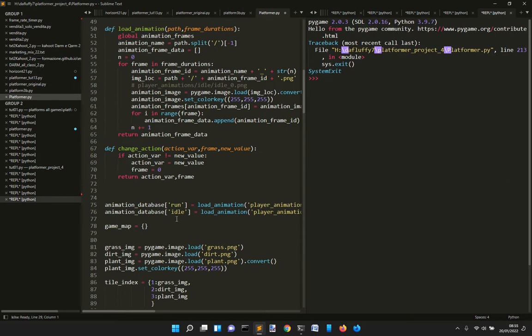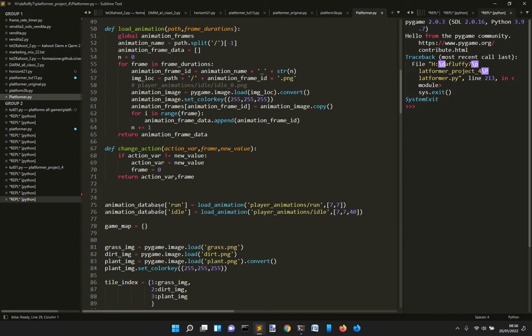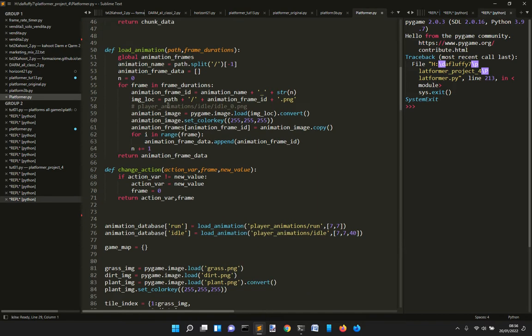And then we have these two keys of the dictionary, where the value comes from this thing, and these are the animation and returns animation frame data. So it takes the folder where the images are and 2 numbers here, so it will probably load